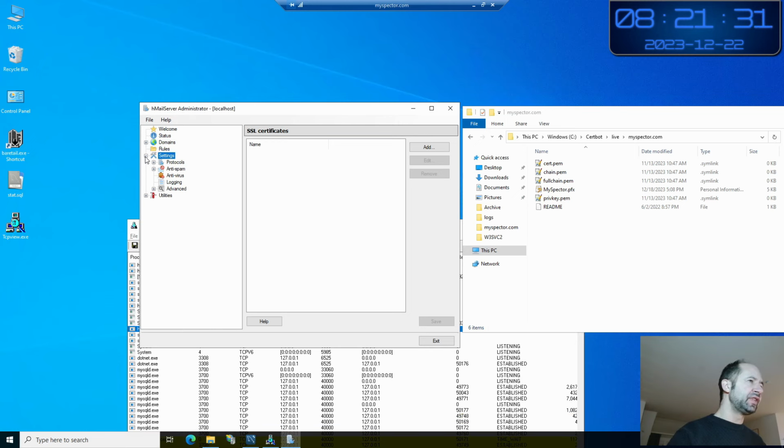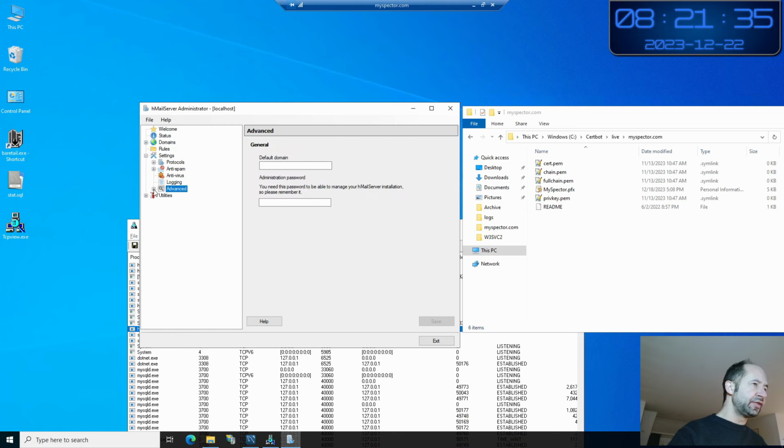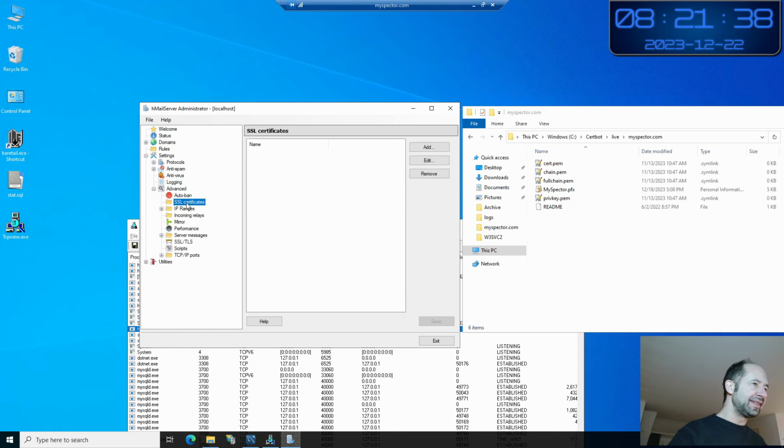In the settings panel, I have here the advanced node with SSL certificate, which is totally empty for the moment. Remember, I am already running my IIS instance with HTTPS with Let's Encrypt using the certbot tool.